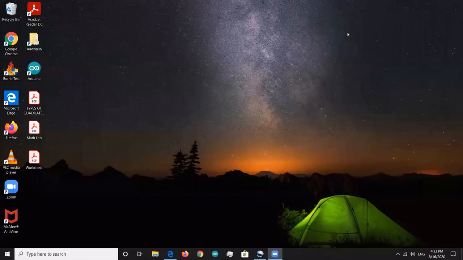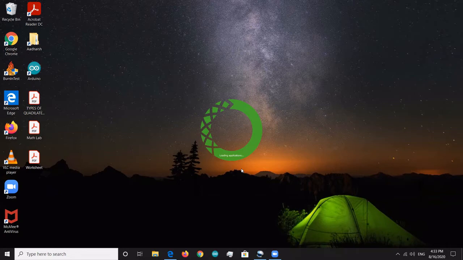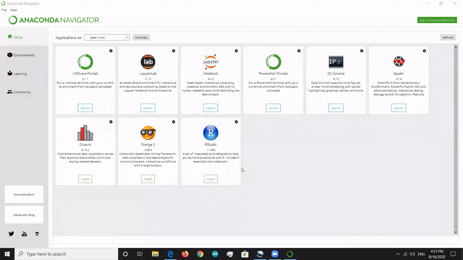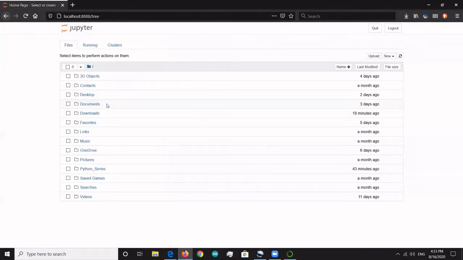So now let's open Anaconda Navigator or Python. So I just have to open it now and it'll take some time. And as you can see, it has come here now. So let us wait for some time. And you can see it has come. Today we're going to be using Jupyter Notebook, the IDE that was actually explained in the previous video. So now we're going to click launch to start Jupyter Notebook. As you see down here, it's launching the notebook and it has come here in my browser.